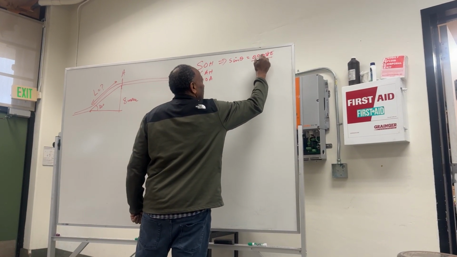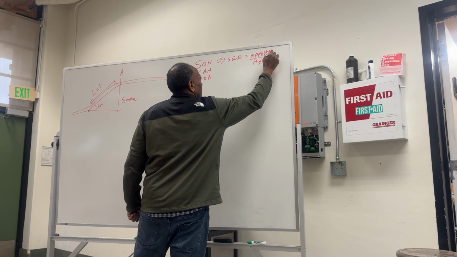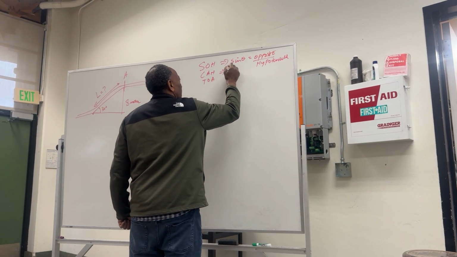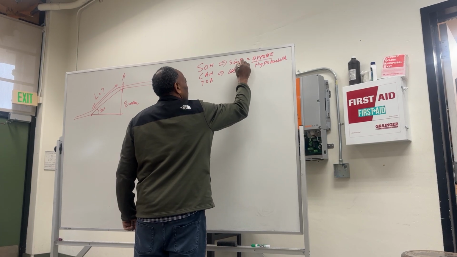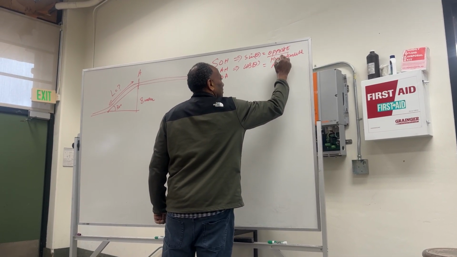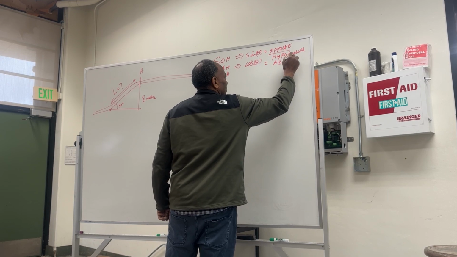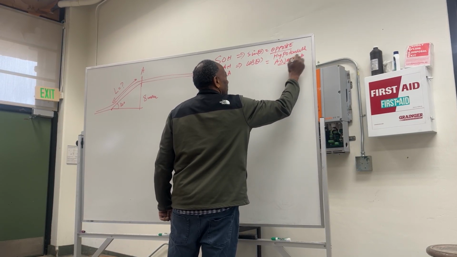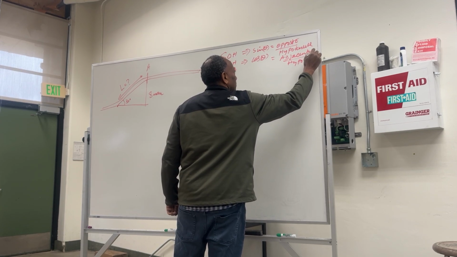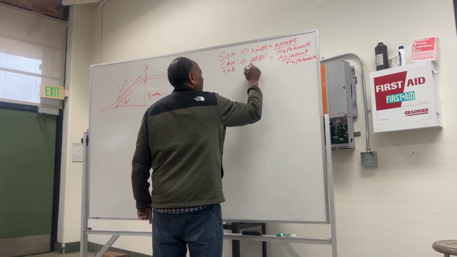Hypotenuse. And then cosine theta is equal to adjacent over hypotenuse. And then tan theta